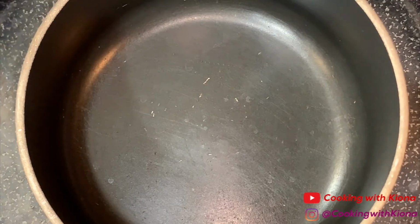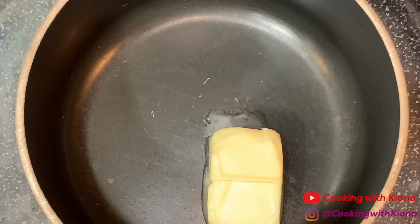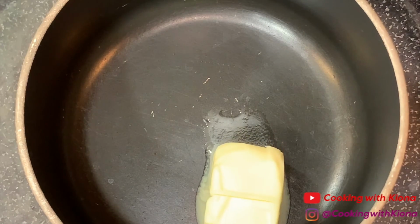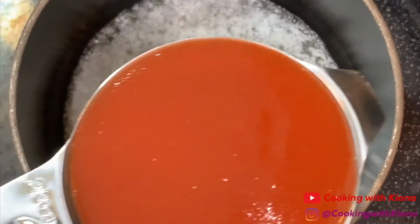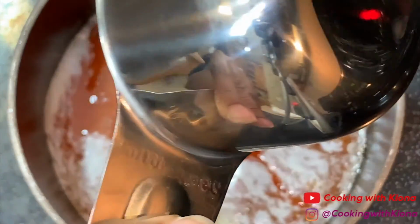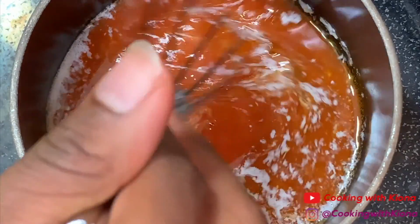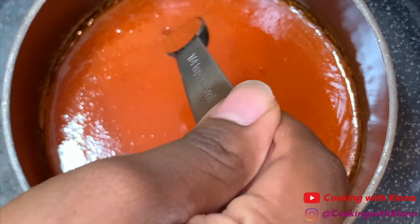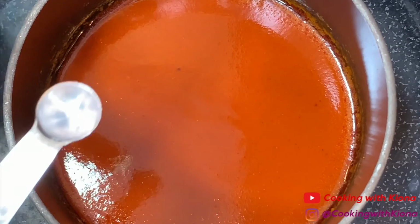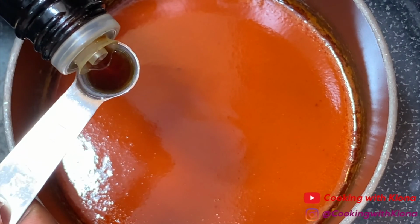We're going to begin by making the buffalo sauce. Melt 3 tablespoons of butter in a small saucepan over medium heat. When the butter is melted, add 2/3 cup of Red Hot Original hot sauce. Then add 1/4 teaspoon of cayenne pepper, 1/4 teaspoon of Worcestershire sauce,